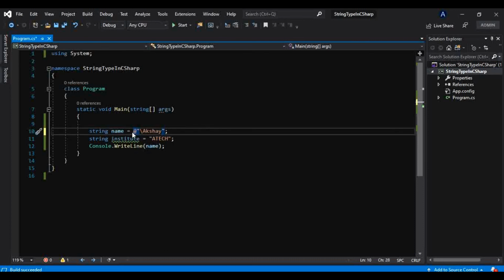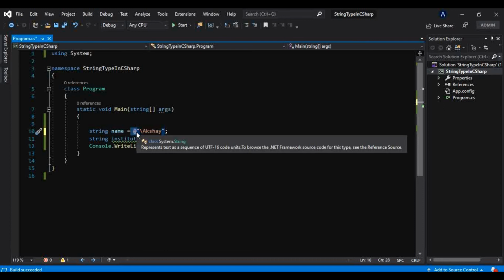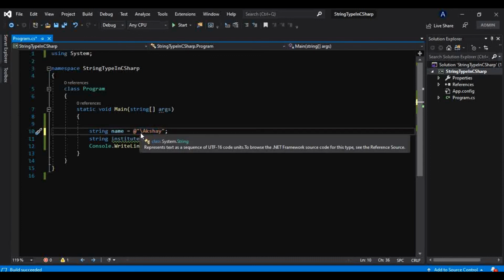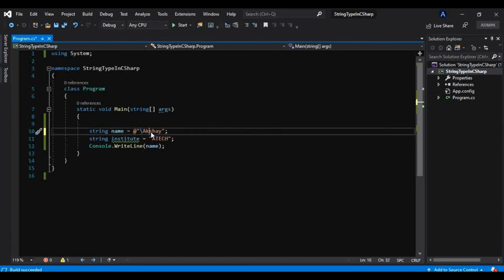This @ symbol is called the verbatim identifier. So whatever you put inside the double inverted commas, maybe even special characters, will be treated as a string only.